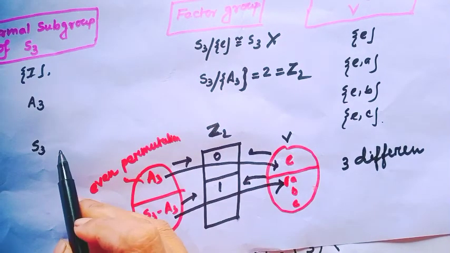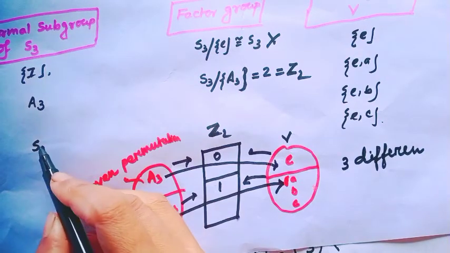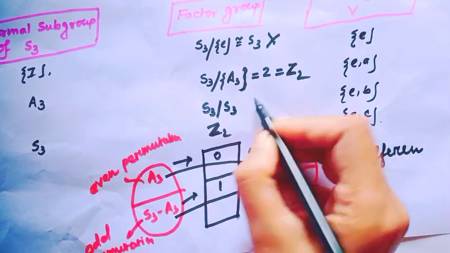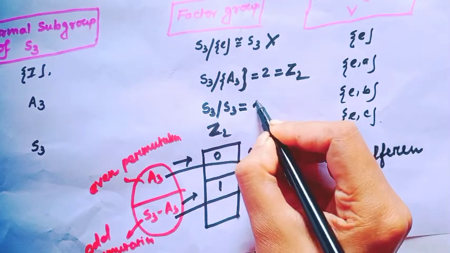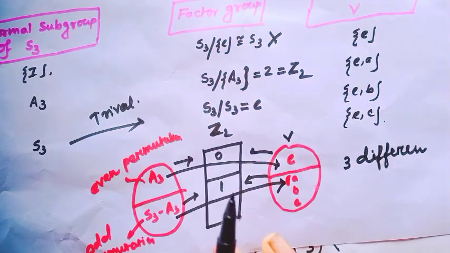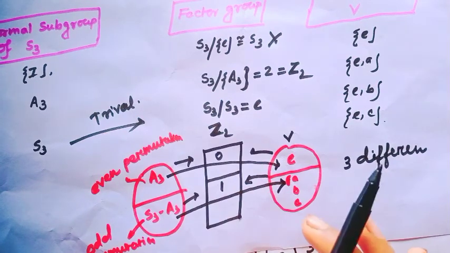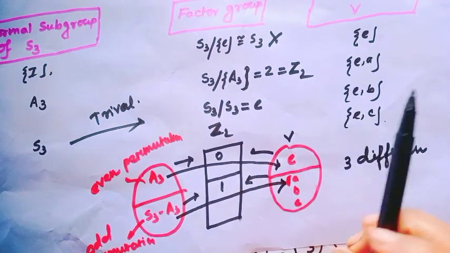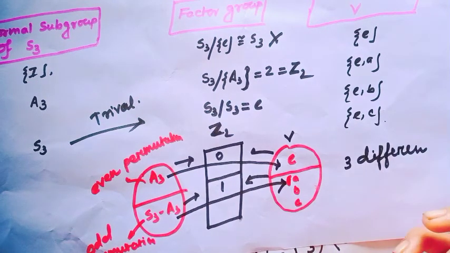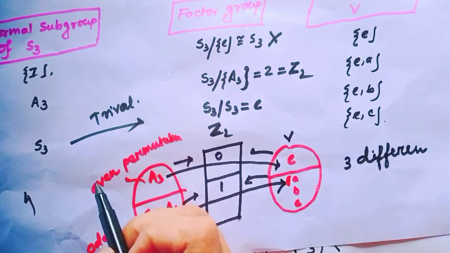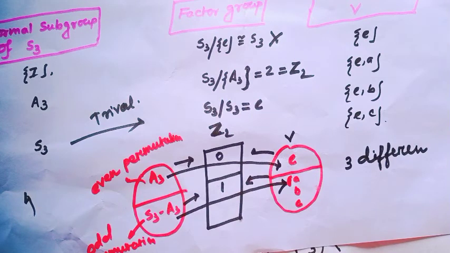And the other case is when I choose whole S3, then the factor group would be S3 modulo S3, which is the same as identity, and this is the trivial homomorphism. That means all the elements of S3 are members of the kernel and the kernel maps to identity. So there exist 4 different homomorphisms: 3 non-trivial and 1